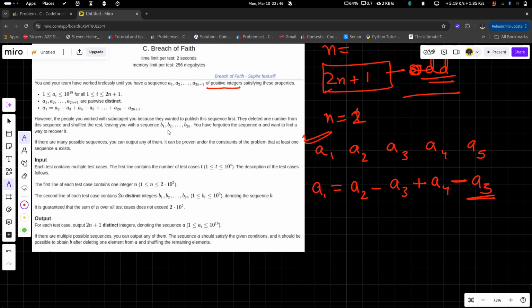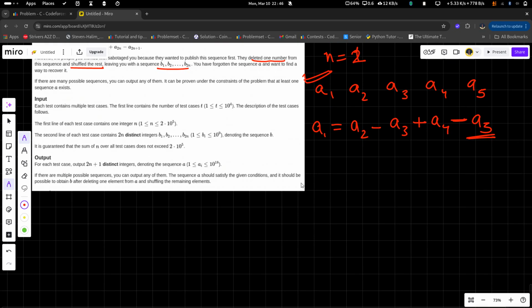What we are given is a sequence b, where one number is missing and they have shuffled the rest. So we have one number absent from it, and then they shuffled all of them. When I was doing the problem, I thought, instead of finding that number, what can we do with the b values?